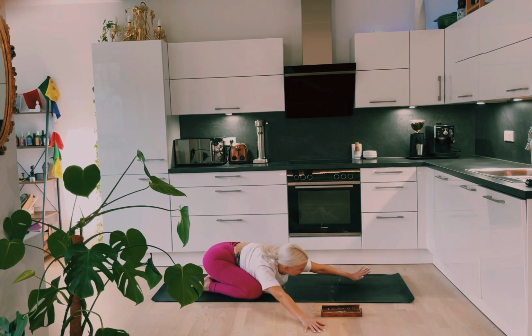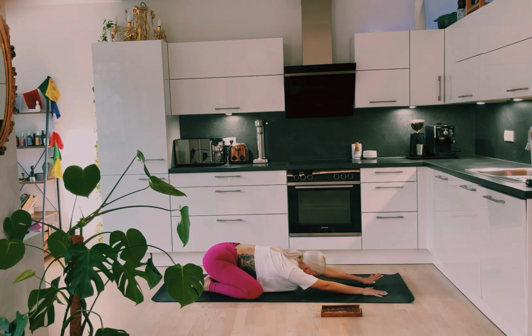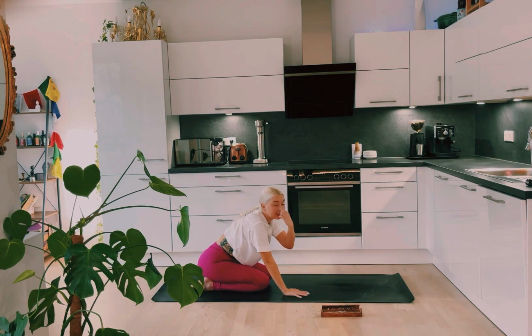And then coming back through center, taking it over to the left. Bring the right hand maybe on top of the left hand and inhale here. Exhale. Inhale. And exhale, sighing out the mouth. Slowly coming back to center and then walking the hands to meet the legs and coming into a seated position,